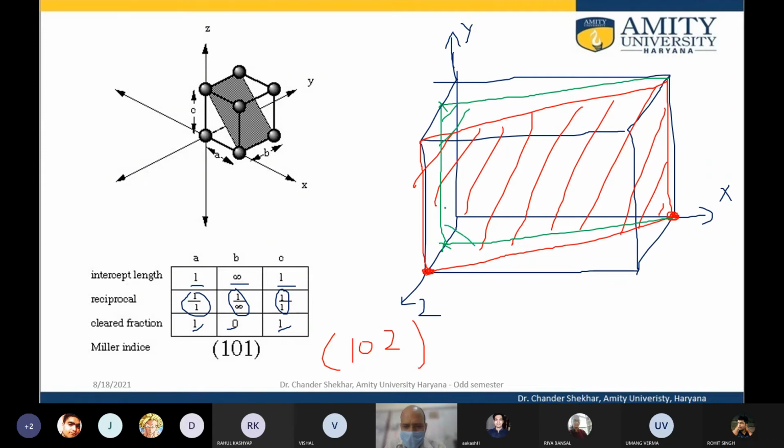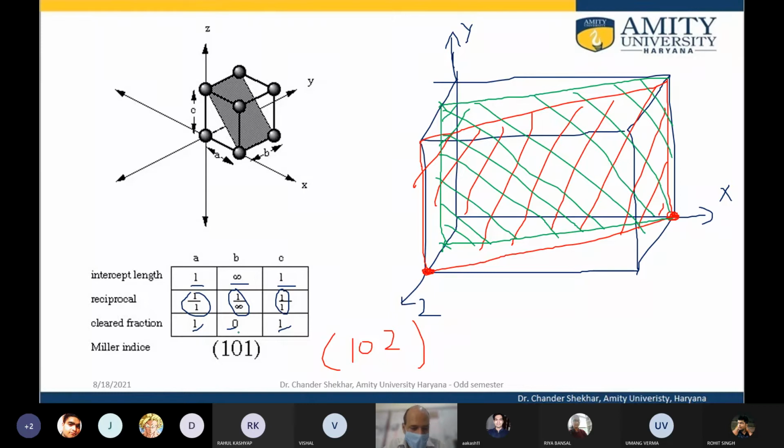So each plane has its kind of location address. This is the identity of the plane: if I have these numbers or Miller indices, then I can say which plane we are talking about. Fine. And this is very useful in determining the crystal structure, because when we expose a crystal to X radiation, it is not the crystal structure but the planes that give the signature, and the combination of different planes makes the crystal structure, and that's how we decipher crystal structures.